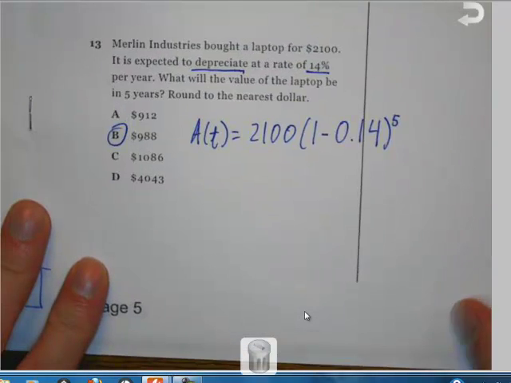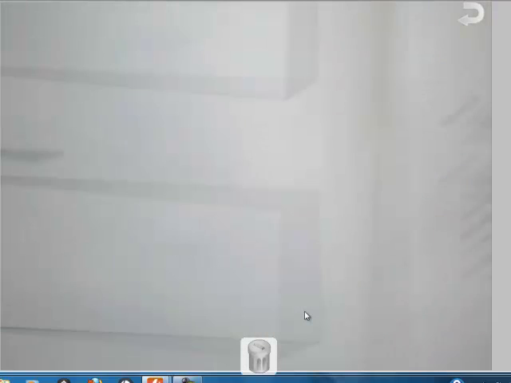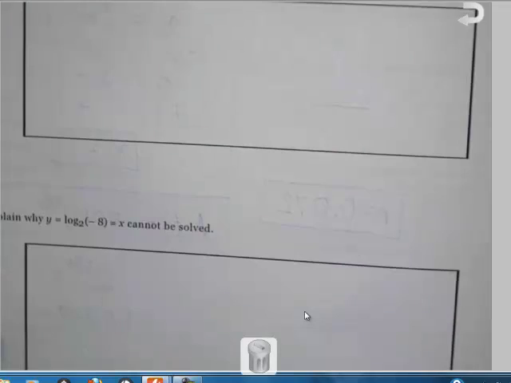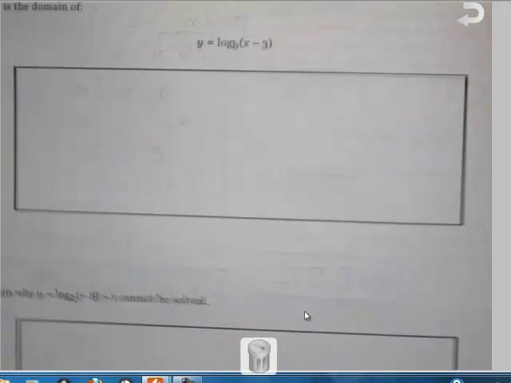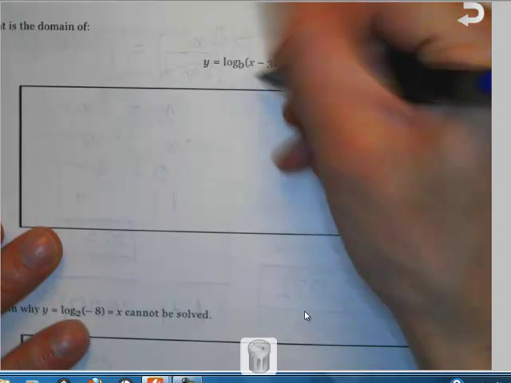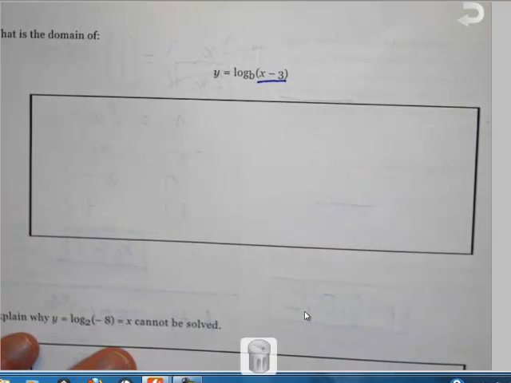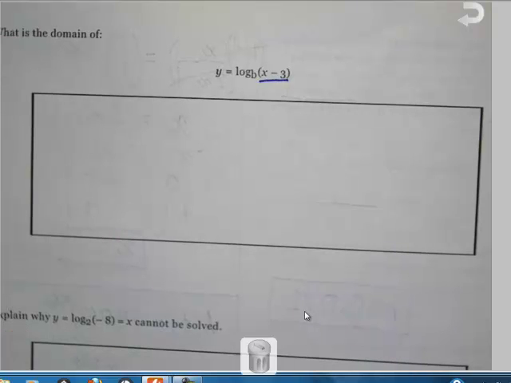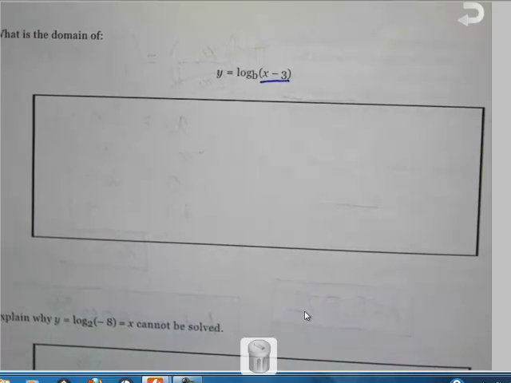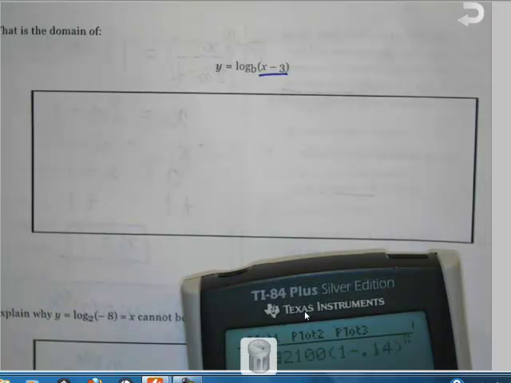Alright. Now, these ones were, shall we say, a little on the fun side. These were thinking man, writing man questions, or thinking girl, writing girl questions. Okay, so basically, they were trying to ask you, do you recognize that a logarithm cannot have a negative term? Okay, and so what you can do, if you can't visualize it right away, is just graph the